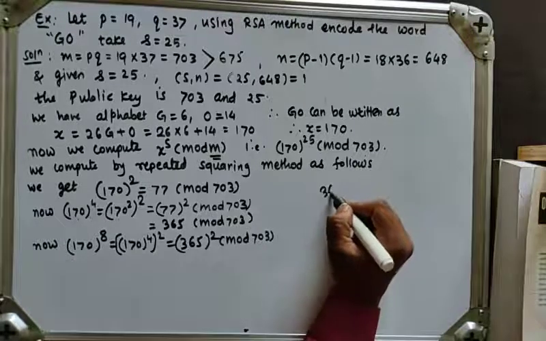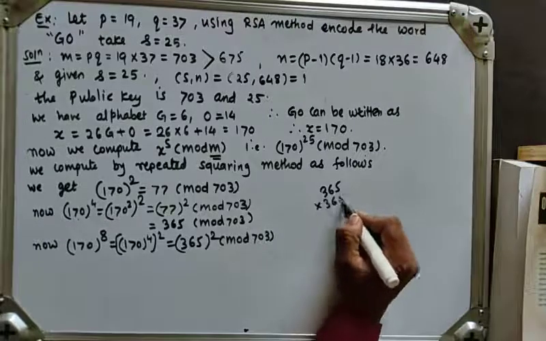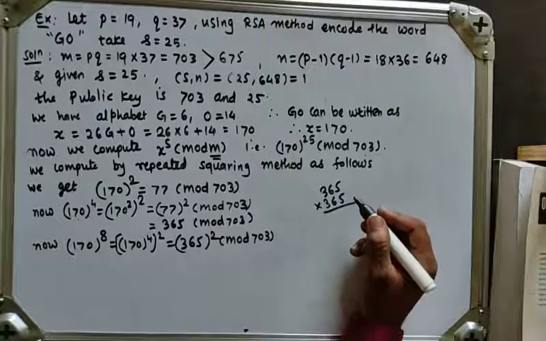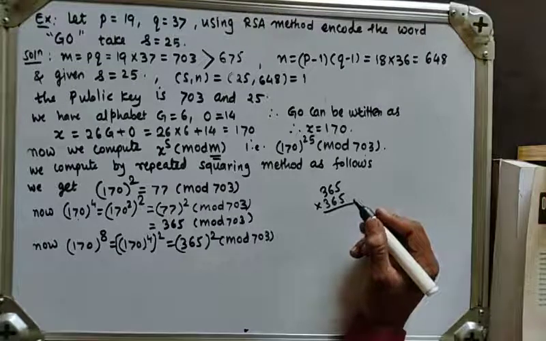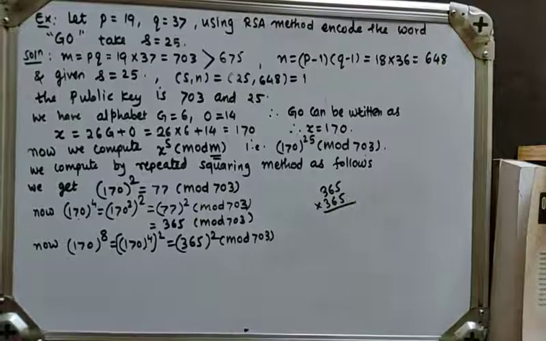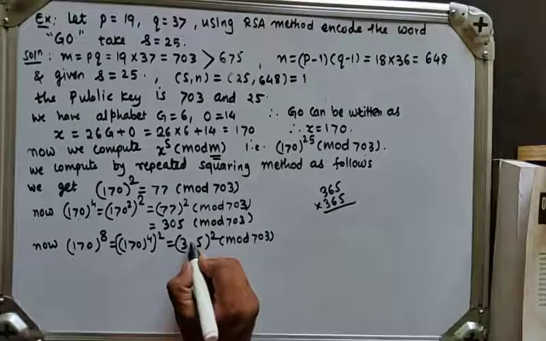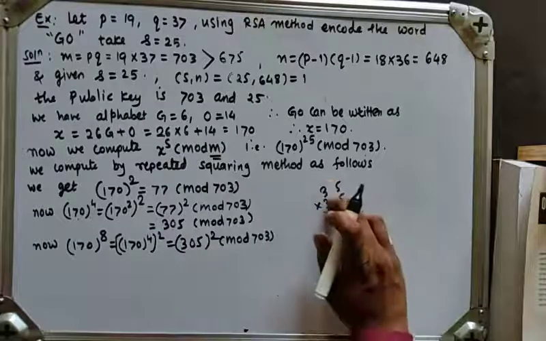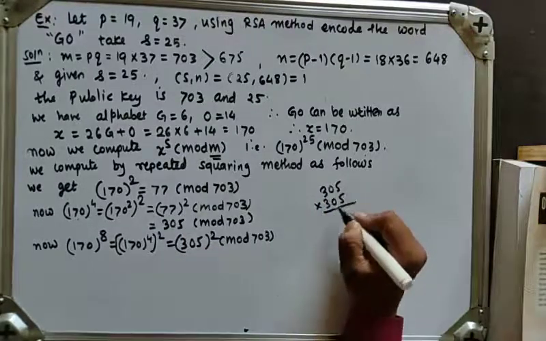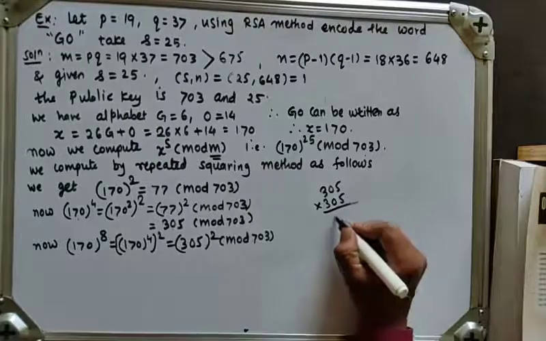Now 365 into 365, sorry, here the subtraction is 305, so I will take the square, 305 squared. So the multiplication 305 into 305, the product is